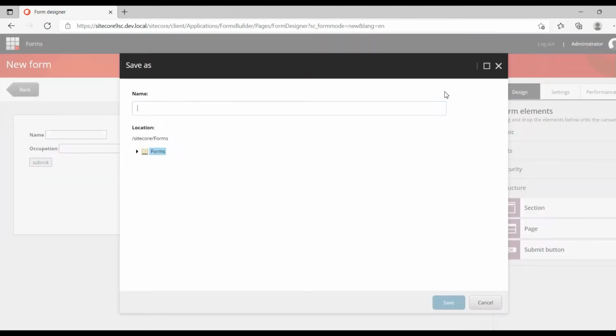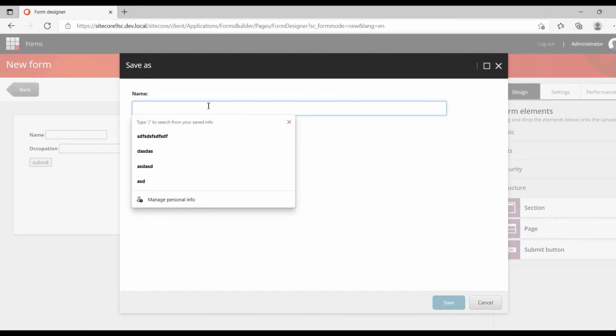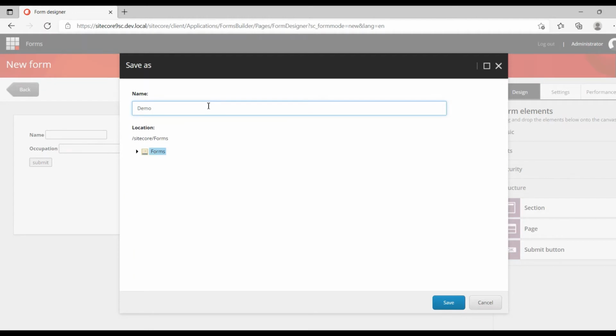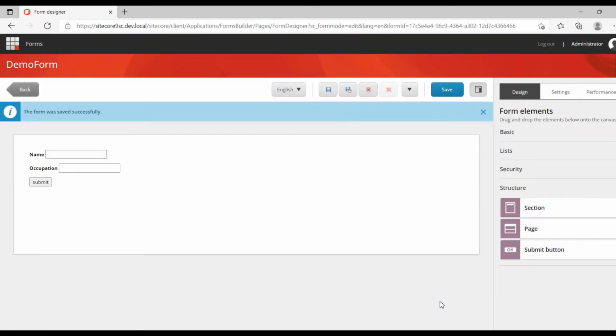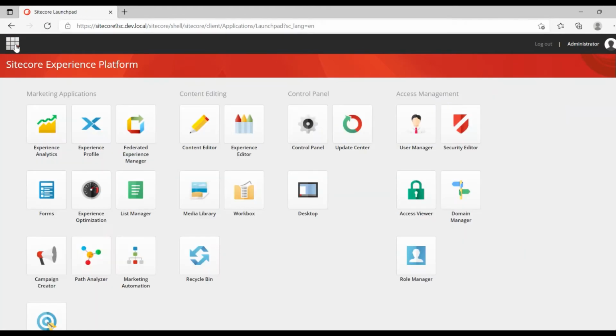I'm saving this form under Forms. Let me give it a name, demo form. Now the form is saved. I'm going to the content editor.